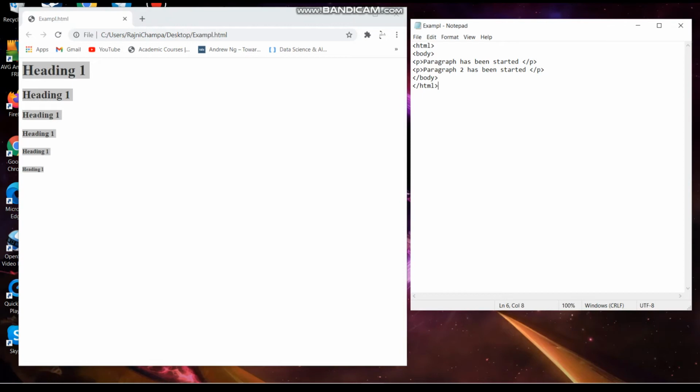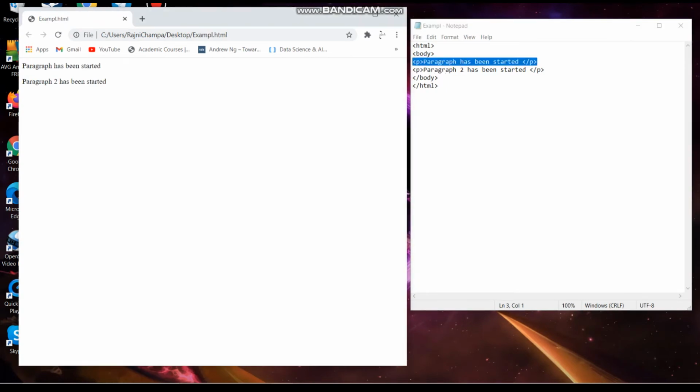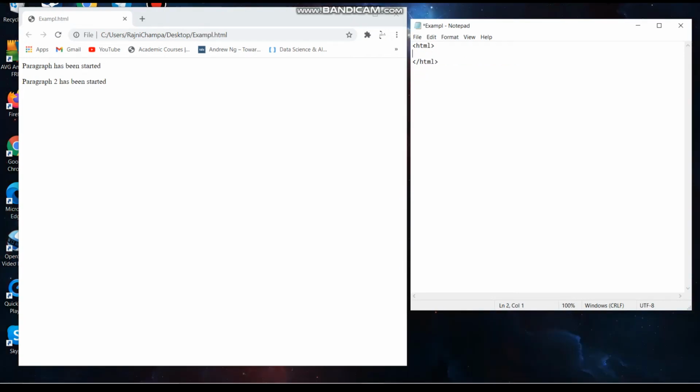Save it, then refresh, and you can see paragraph 1 has been started, paragraph 2 has been started. You can fill it with 2 or 3 paragraphs by yourself. We are going to see another example so you can learn by yourself. Make sure that you are trying at your home, because practice makes a man perfect.